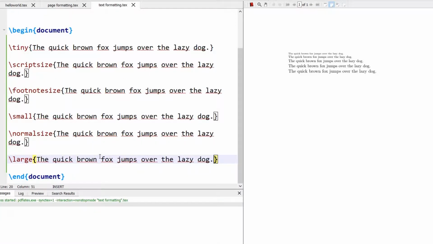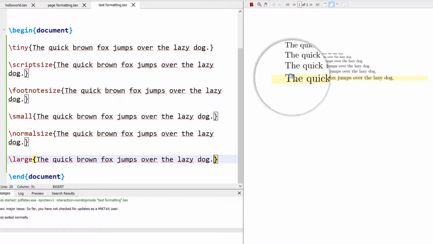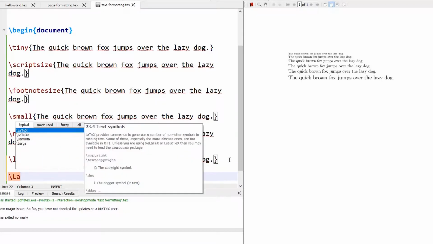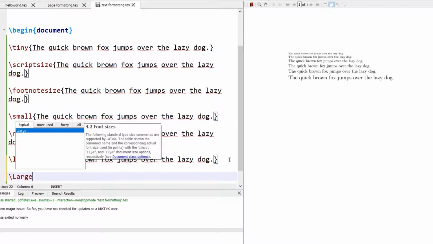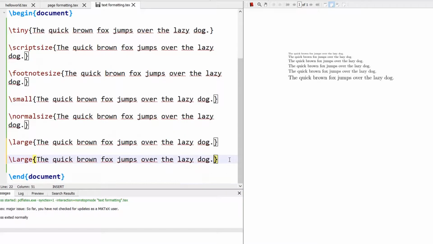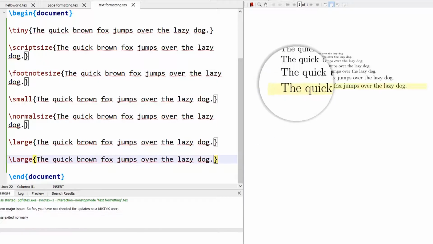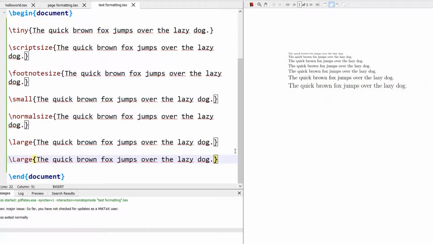So large is comparatively a higher font size than the normal size. We also have one more command called Large, but this L is capital, so this follows the camel casing convention. This is again a bit larger than the previous command, which is large.